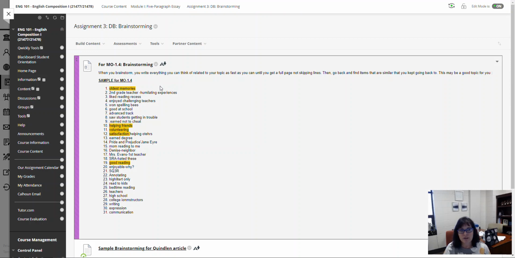And what you see first is a sample of what I'm looking for. Now, not necessarily what it's saying, but what it looks like, okay? So you should have about this many ideas. Notice it's a grocery list. It's not sentences. And then after you finish, 10 minutes to do all of this, go back and highlight the things you might want to move forward with.